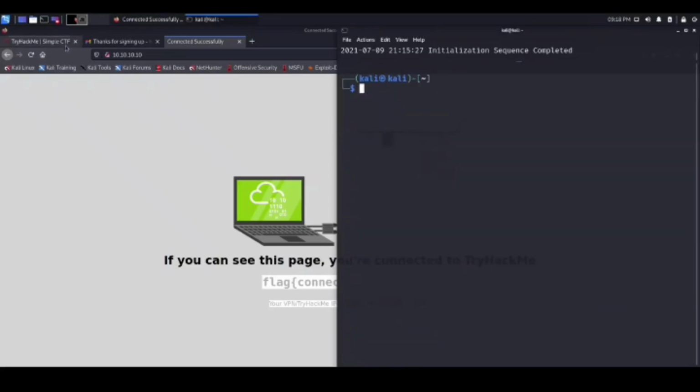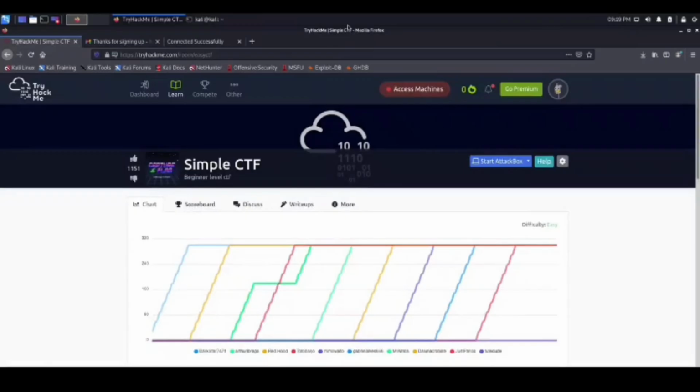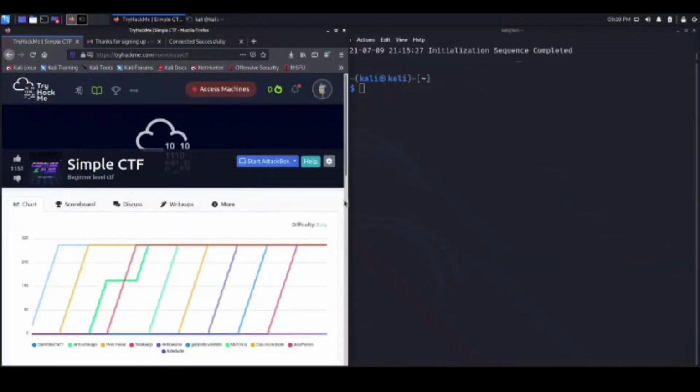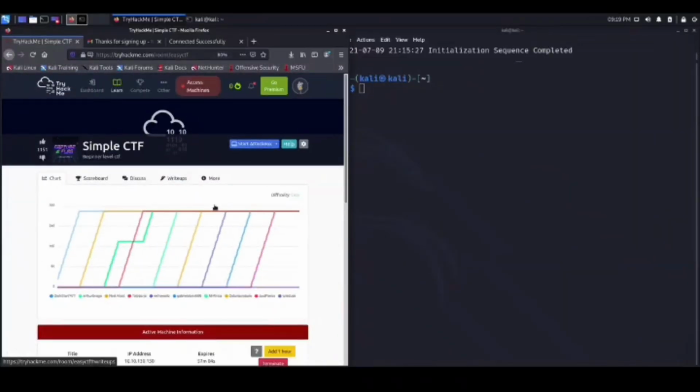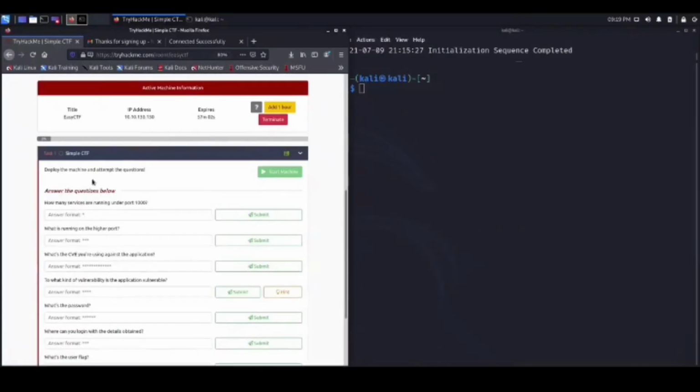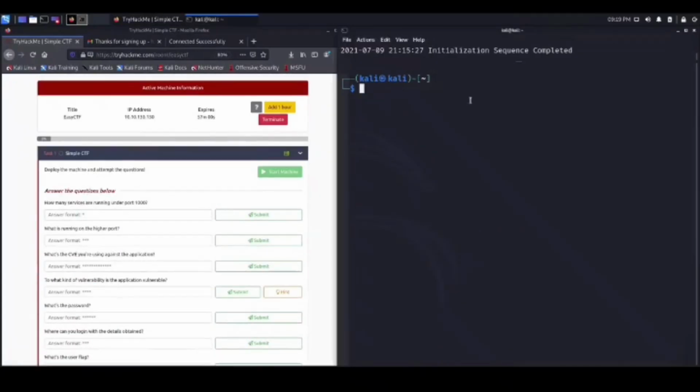All right. So now we know our own IP. Now we know the machine's IP. Let's start hacking. All right. So what I'll do is I'll just keep it on the side here, and it will adjust. Perfect. The thing that we need to do first is identify how many services are